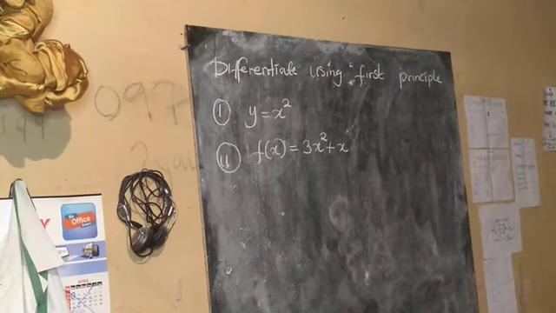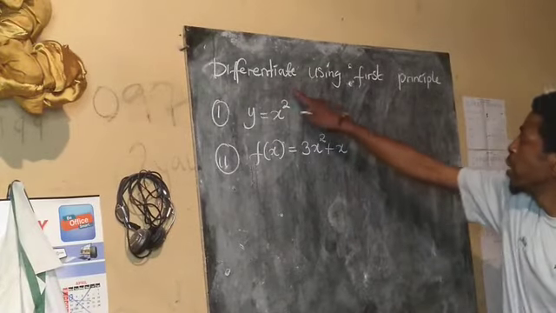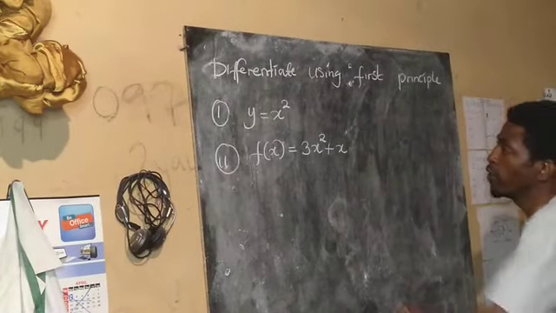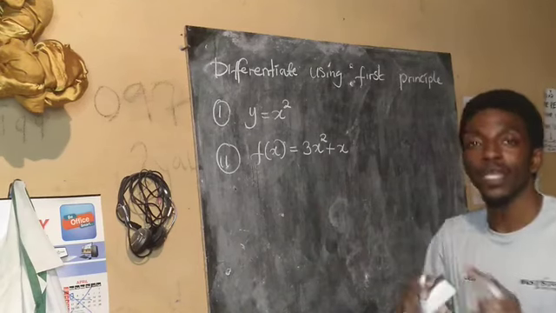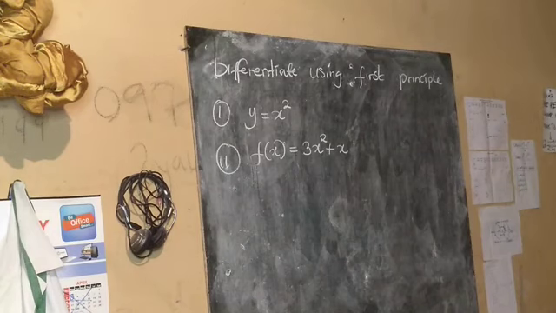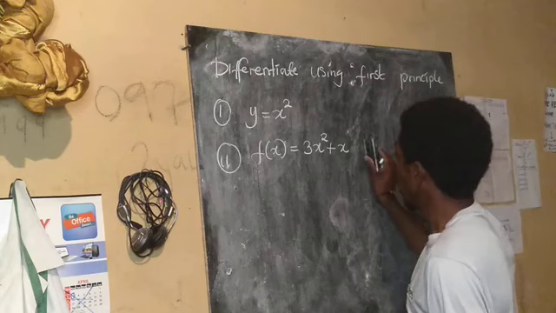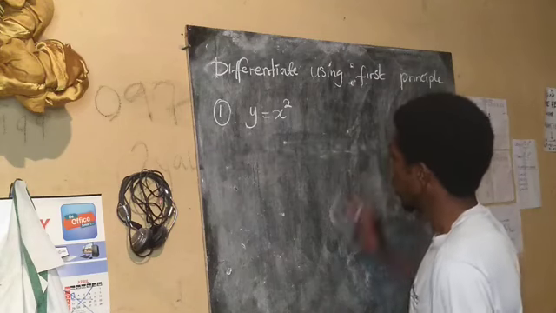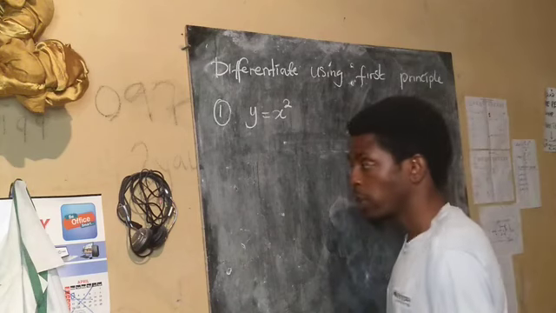So we have two questions which are to differentiate using first principle. I have this question which is very simple, and this question is also very simple. Using first principle, I'll start with the first question. What I will do, I'll erase like this, then I'll say using first principle, I'll say